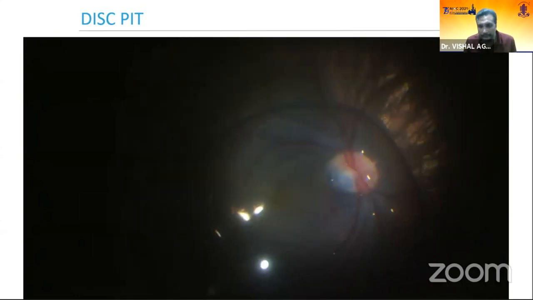So now you can see there is a residual suction, and I'm going near the pit, and when I stop the cutter, you can see the pulsating optic disc pit. Because of the hypotony, the fluid is coming out of the pit, and actually it helped me delineate the pit size and the pit location, and we finally decided to peel the ILM and plug the ILM inside that pit, and we had a good satisfactory outcome after that.